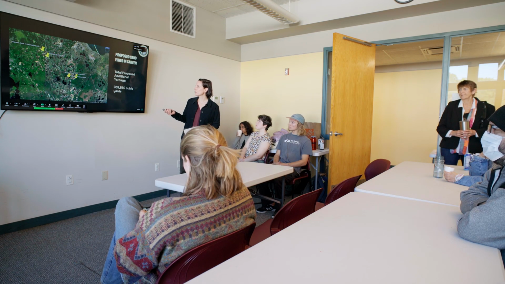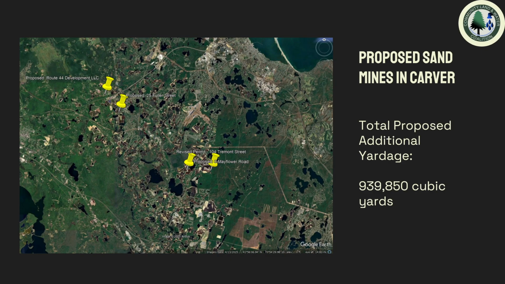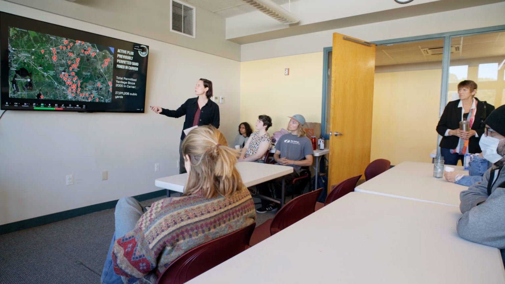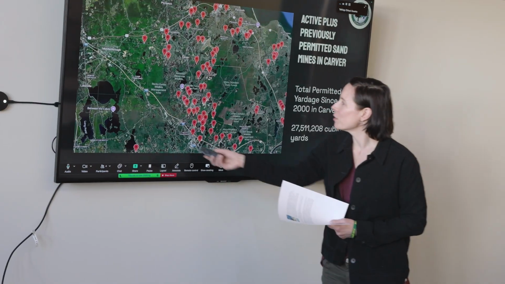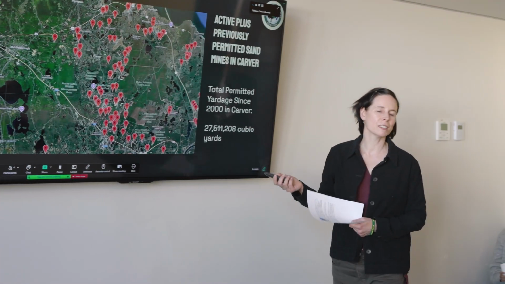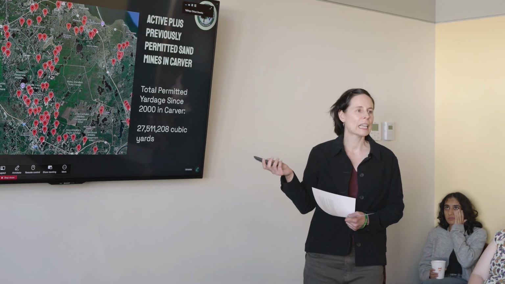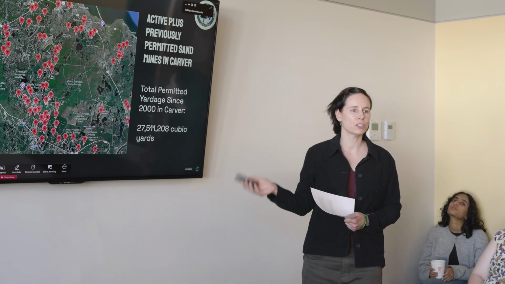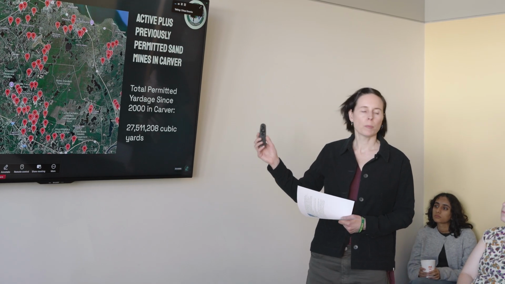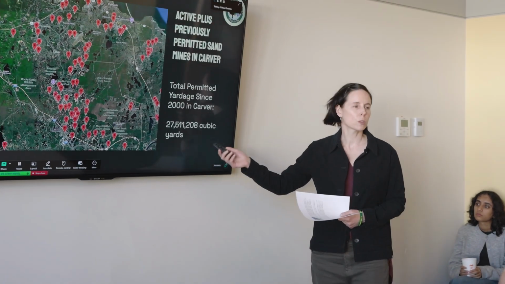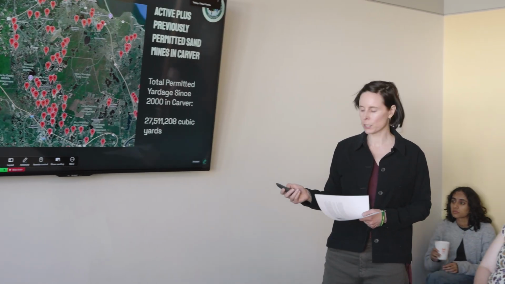There are 4 applications currently under review by the town of Carver. If they were approved, this would be almost another 1 million cubic yards of sand to be extracted. And then Community Land and Water Coalition has pulled permits for the last 25 years across southeastern Massachusetts. This is the Carver area right here. You can find this information on sandwars.org, but we've identified over 110 sand mining sites in southeastern Massachusetts, many of them located in Carver over the last 25 years. I added up the totals of permits that we pulled for Carver over the last 25 years, and it's over 27 million cubic yards of sand that have been extracted.